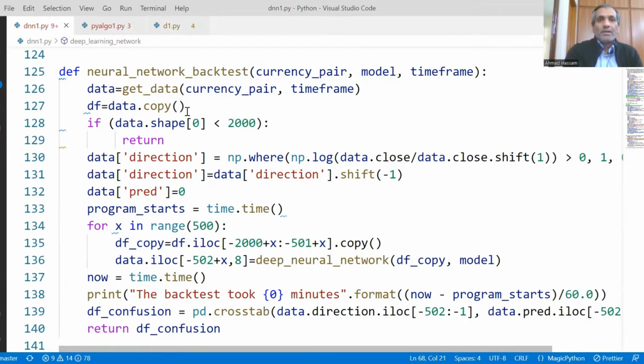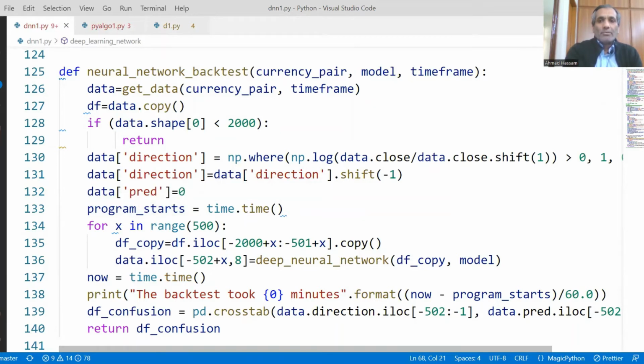It uses data and makes a copy because we now want separate data frames. It checks if that data frame has got more than 2000 bars. If it is less than 2000 bars, it returns and the backtest ends.